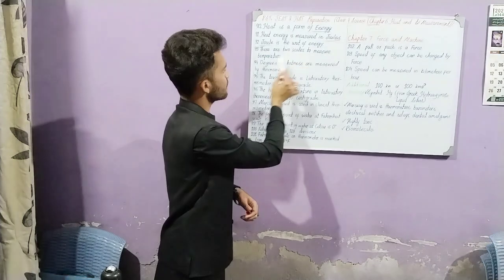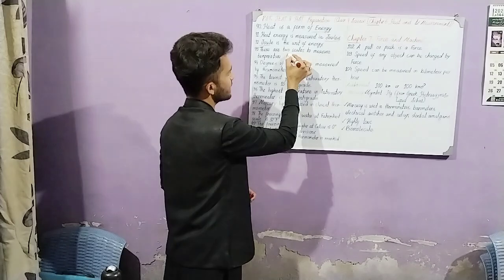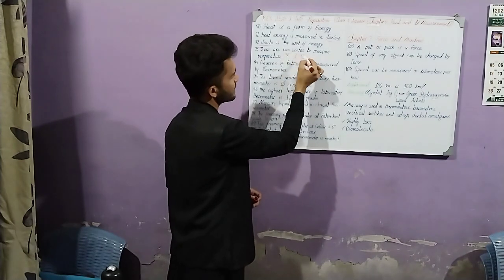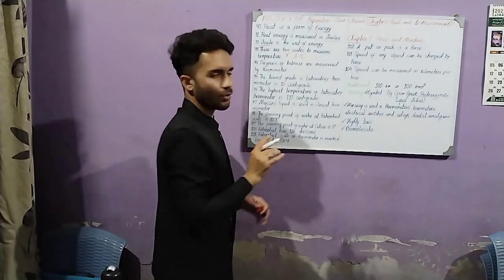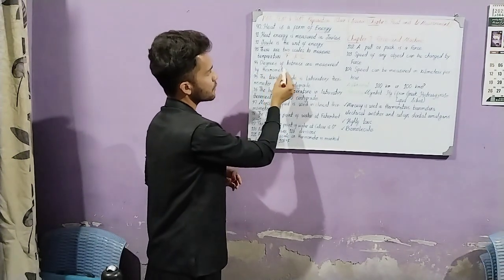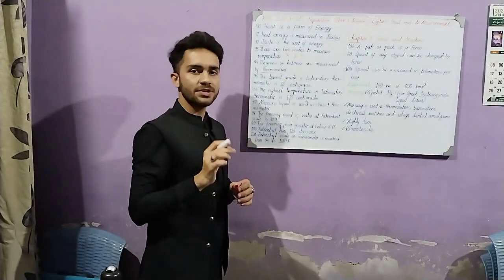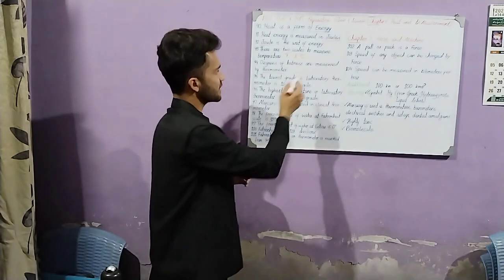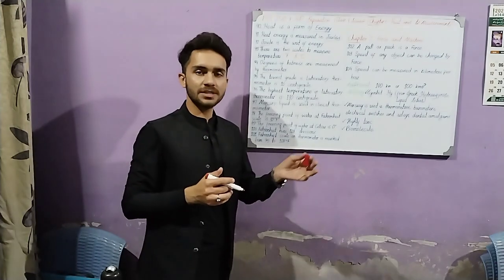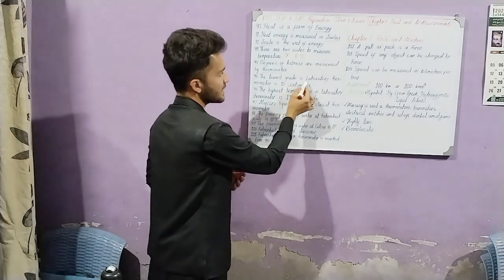There are two scales to measure temperature: the Fahrenheit scale and the Celsius scale. Degree Fahrenheit, degree Celsius. Both are useful for the same work, but there are two, F and C. Degrees of hotness are measured by thermometer. Thermometer is an instrument which is used for measuring the degrees of hotness, or it can also be for the coldness, like how hot or how cold an object is.